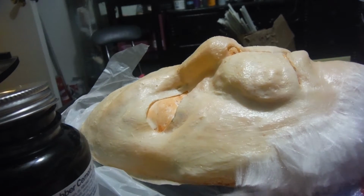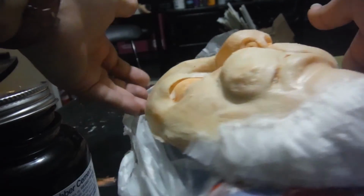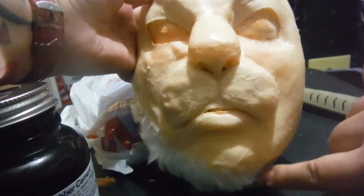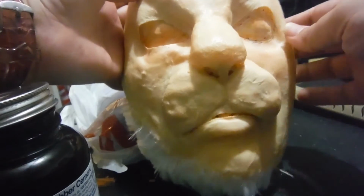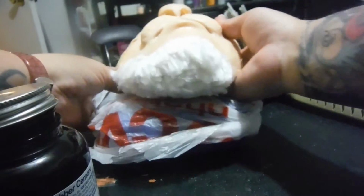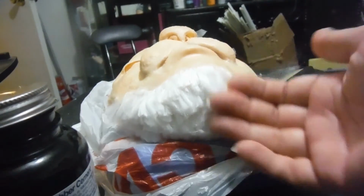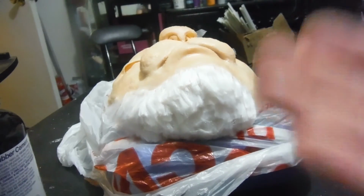This process can take a long time depending on how much fur you need. As you can see, I've only gotten a little bit of the bottom of the chin and the side done. I still have a lot to go, and it takes time and effort, but if you are dedicated and you really want this project to look fantastic, and you have the time, and maybe you're broke, because this is super cheap to do it this way, and maybe you'll come up with better methods and techniques than I did,